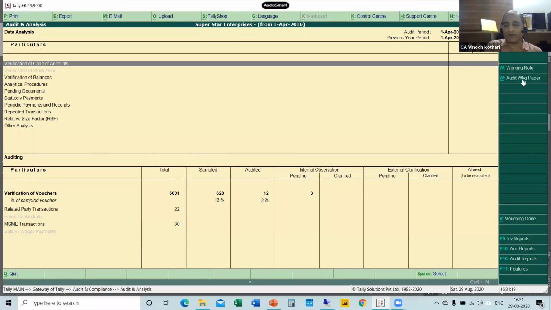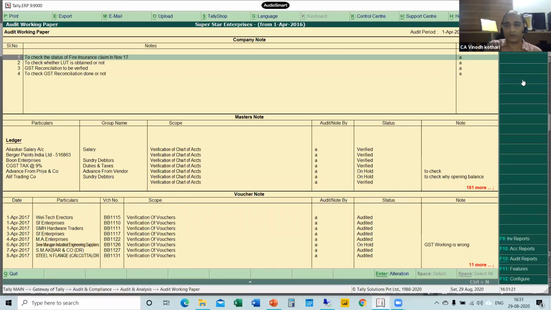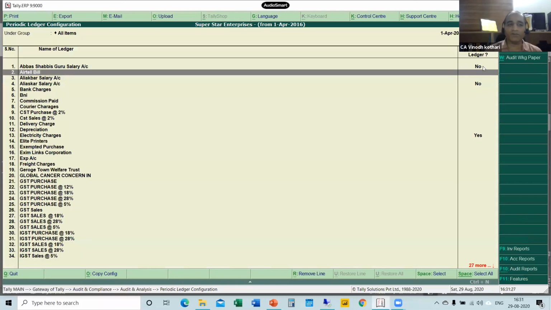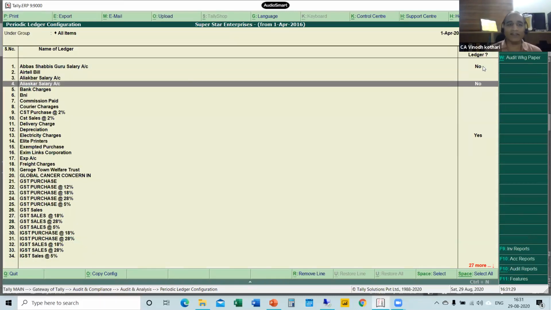So the next setting we are going to do is master configuration, periodic payment and receipts. Normally for periodic payment and receipt, if you see salary, there should be 12 entries. So I select this salary ledger.